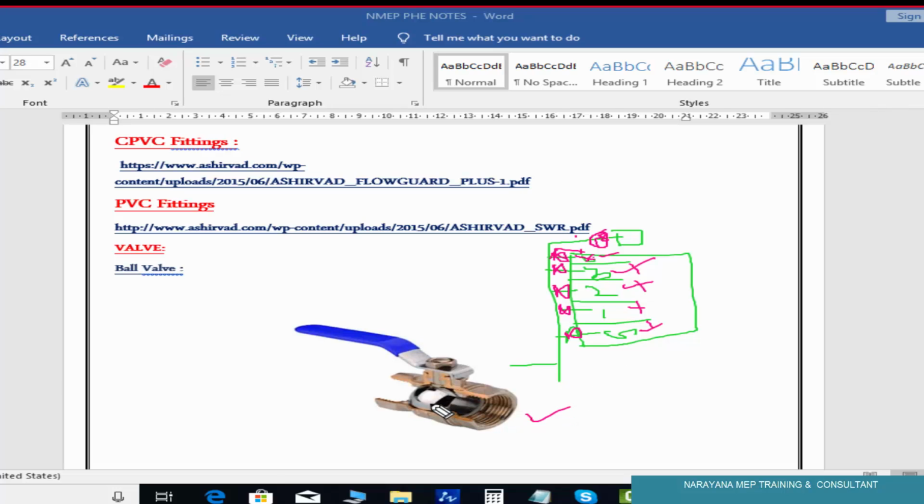See, what will happen? This is just like a swing. It will swing like this. If you swing it, it will be in the closed state. Like this, if you open it, it will be in the open state. Suppose it is in between like this. If you rotate this side, it is off, and it will be on like this. Clear. Generally, in drawings we show it like this, in a single line diagram, and in short form we write BV.